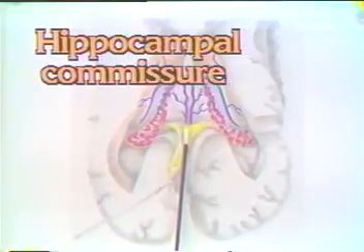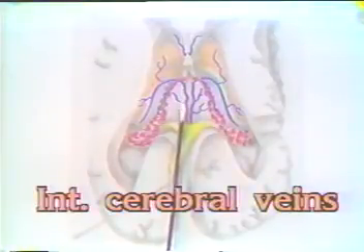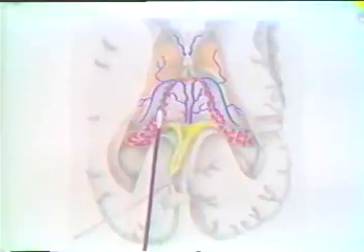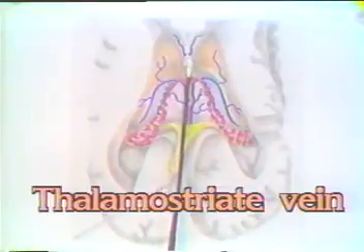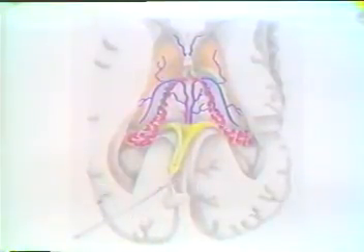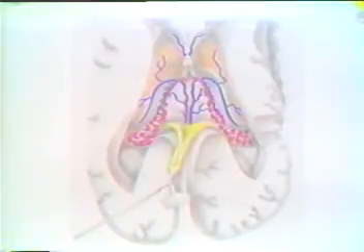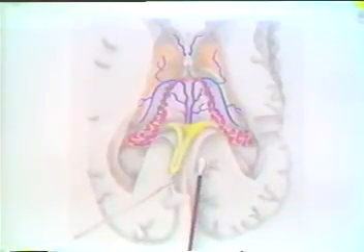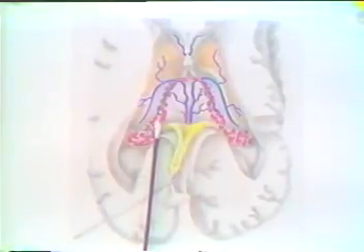That's the hippocampal commissure. Important structures in the tela choroidea are the two internal cerebral veins, one on each side. The internal cerebral vein receives blood from the choroid vein, the thalamostriate vein, and the septal vein in the front. We'll now remove the tela choroidea here in order to expose the third ventricle. But before we do that, we'll take away the posterior part here of the right hemisphere. To do that, we'll cut through the crus fornices and the splenium on this side, and we'll make a horizontal